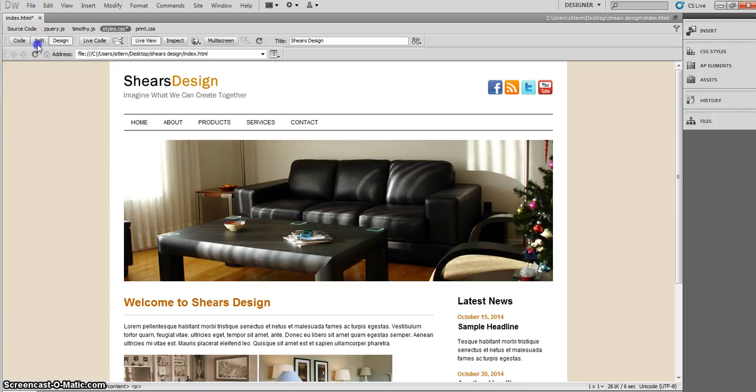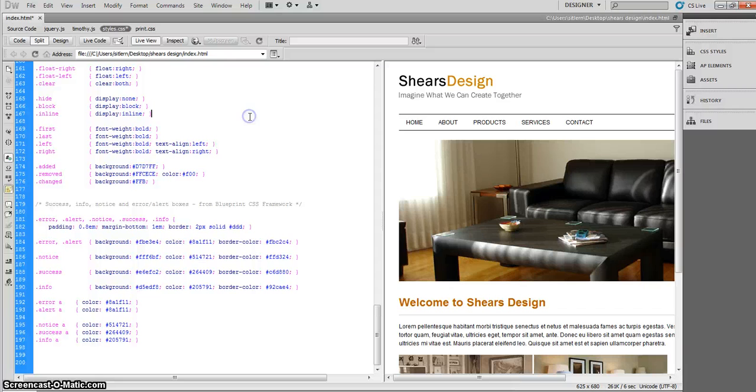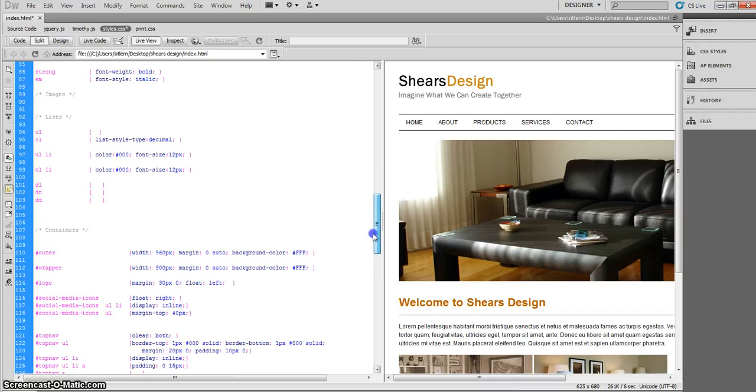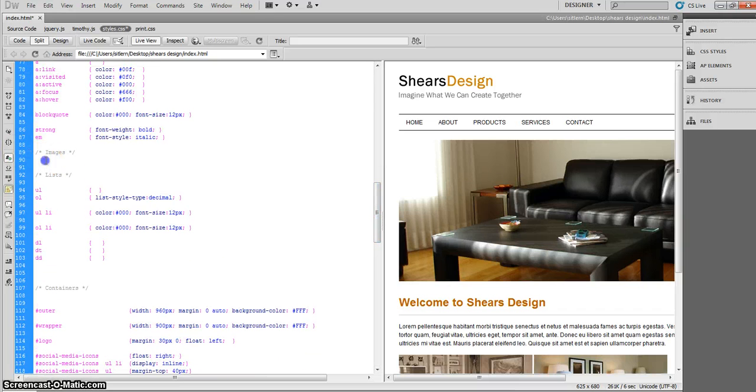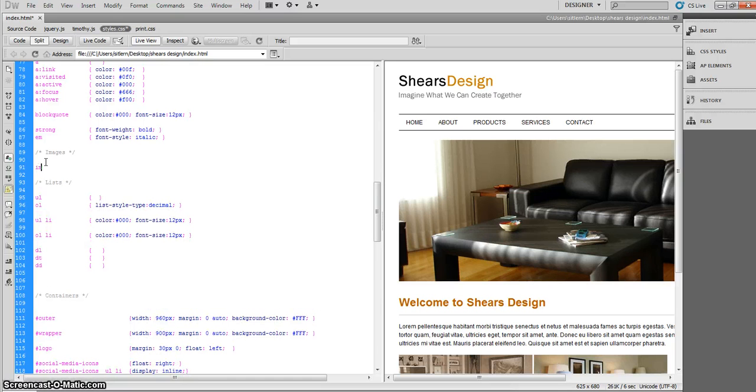So I'm going to go over into split view, and I'm going to make sure that I'm on my CSS styles. And when I'm on my CSS styles, I'm going to go up to containers, above containers into list, into images, and I'm going to create a class style, which you'll do with a period, and it'll be image frame. Image frame is our class style that we are going to create for this particular tutorial. Remember, use your curly bracket, and in that image frame